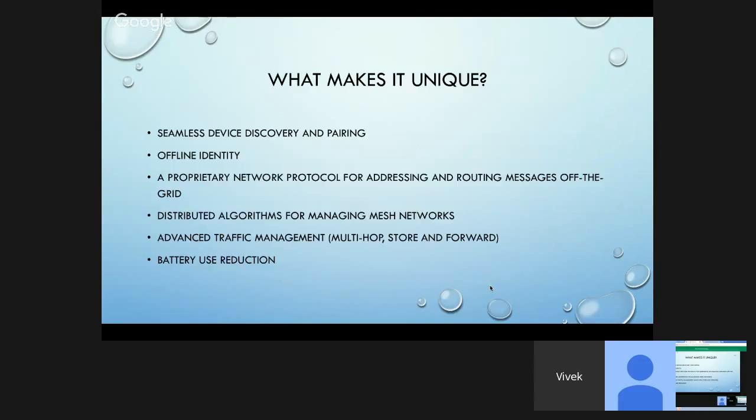So the message is stored on a device that was connected to your Open Garden, but when that device goes closer to the person you're trying to send the message to, once they connect, the message is sent. So the message is stored on that one device, and once the device is closer to the other device, it's forwarded to the person you need. And also it has battery use reduction, meaning use of Bluetooth LE, so it doesn't use as much power as the old Bluetooth.